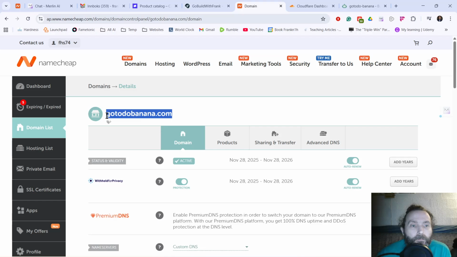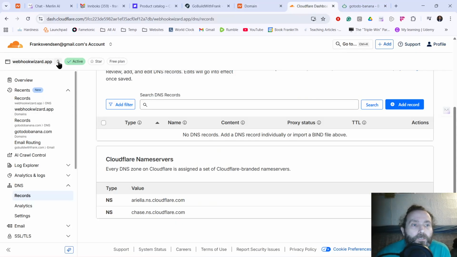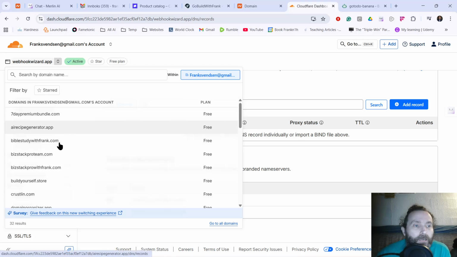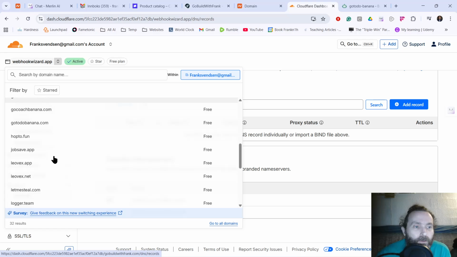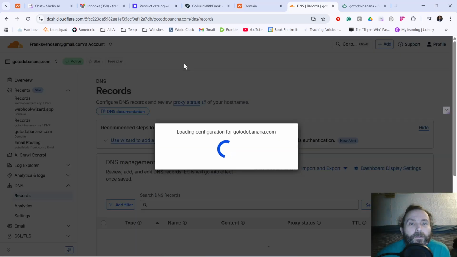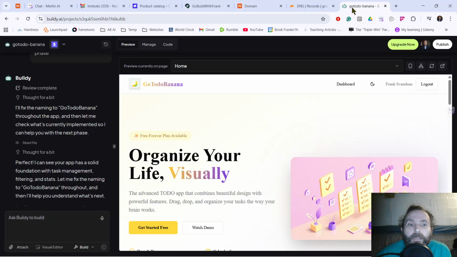So I just copy this. Well, I don't need that yet, but we should select it here. Okay, let's do that instead. So go to do banana. So let's load that in here, and in